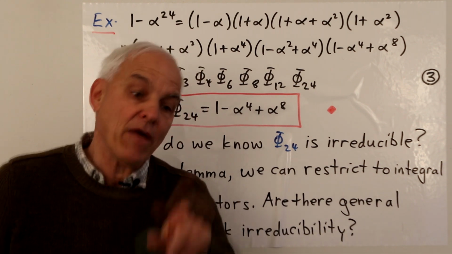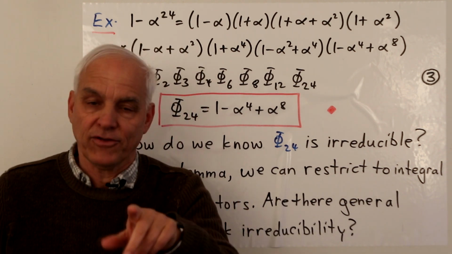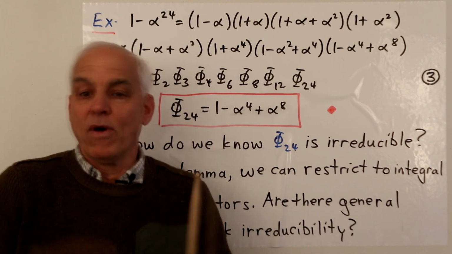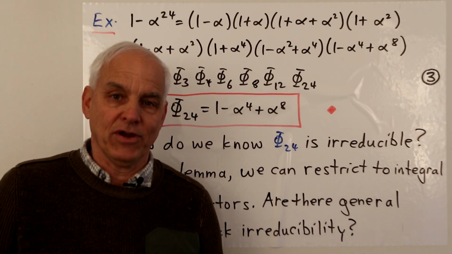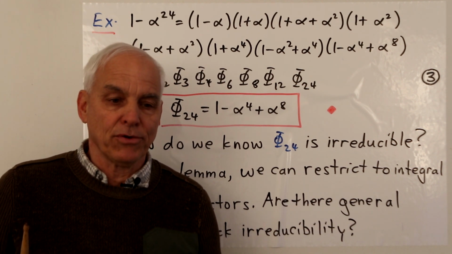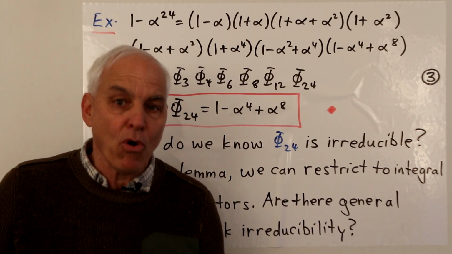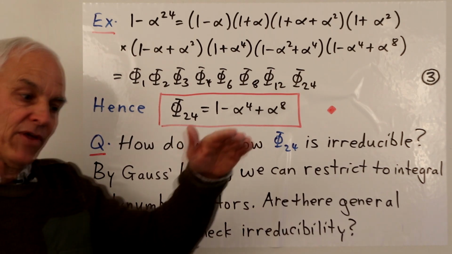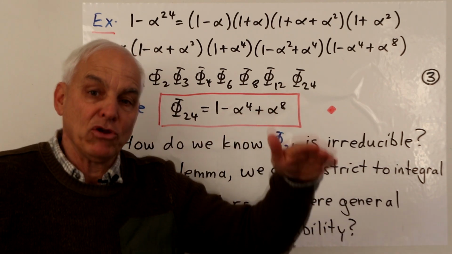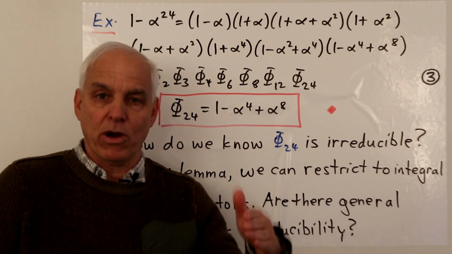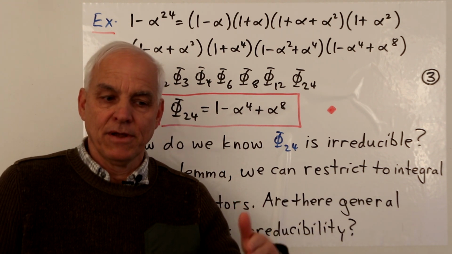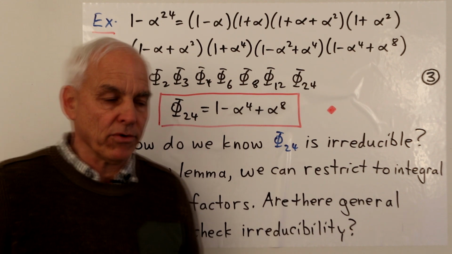Okay, so we have to recognize, that's phi sub 36 and that's phi sub 72 or whatever. And then the one that's left over is the actual cyclotomic polynomial that we're interested in. So that's something that your computer has to be programmed to do. And it involves actually, at least naively, keeping track of all of the cyclotomic polynomials up to the point where we're at. So that becomes computationally quite onerous.